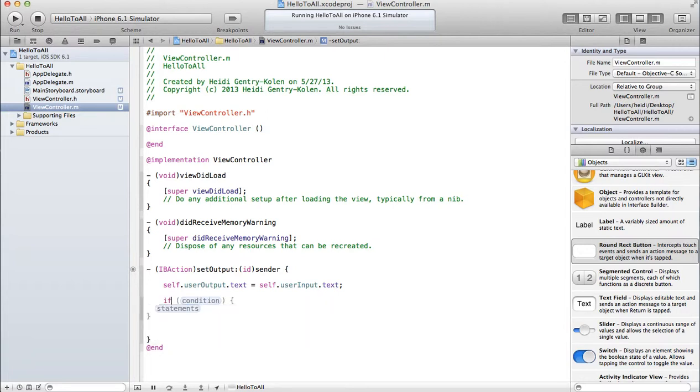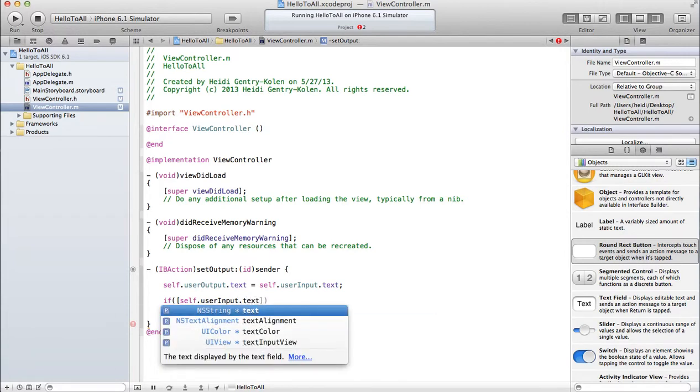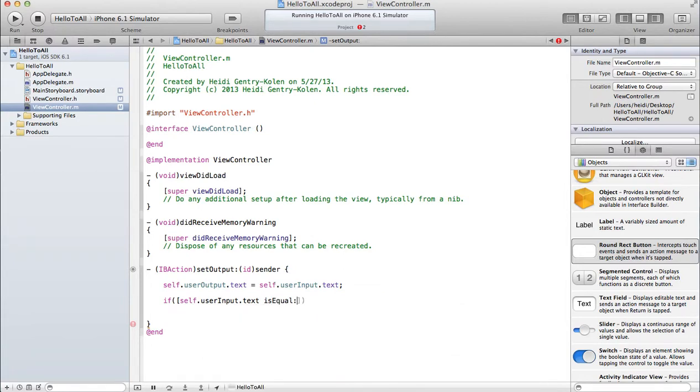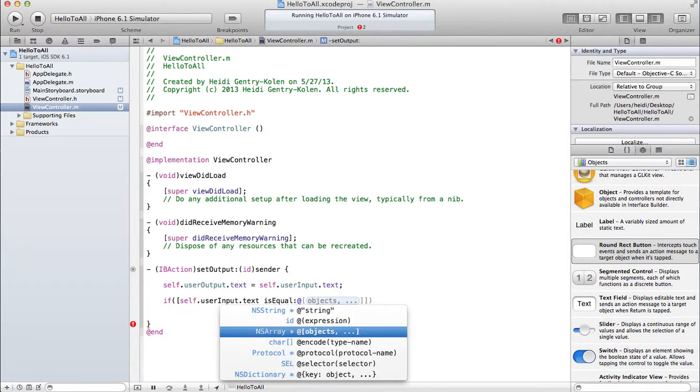I'm going to use if. And I'm going to check whatever that text was. I'm going to use my is equal comparison, string comparison operator. And then remember, strings in Objective-C have to be preceded with the @ sign.